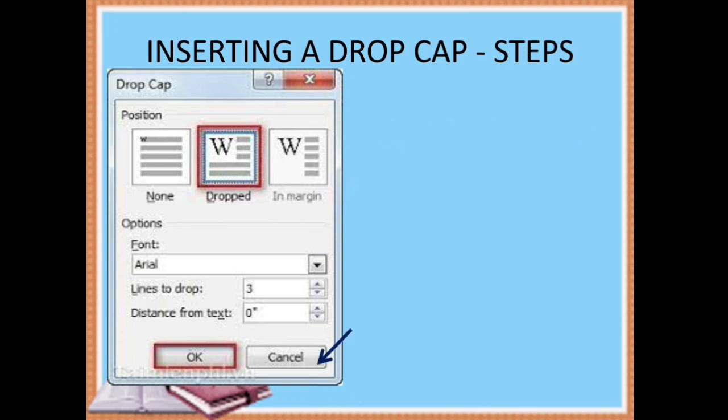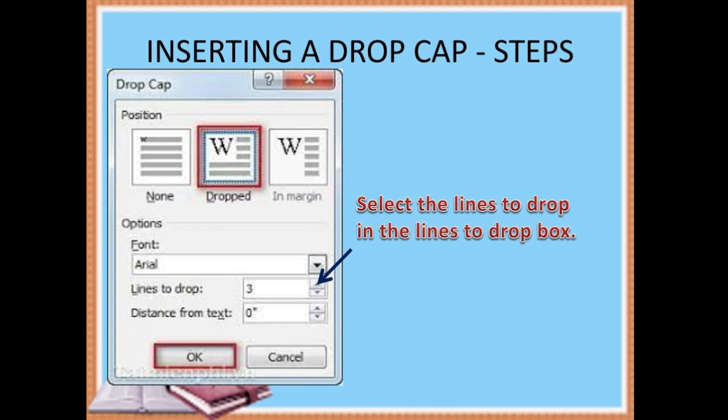After that, a lines to drop option will be there. In that option, you choose how many lines the first letter should be visible. By default, it is visible for 3 lines. If you want it visible for more than 3 lines, you have to change the value.